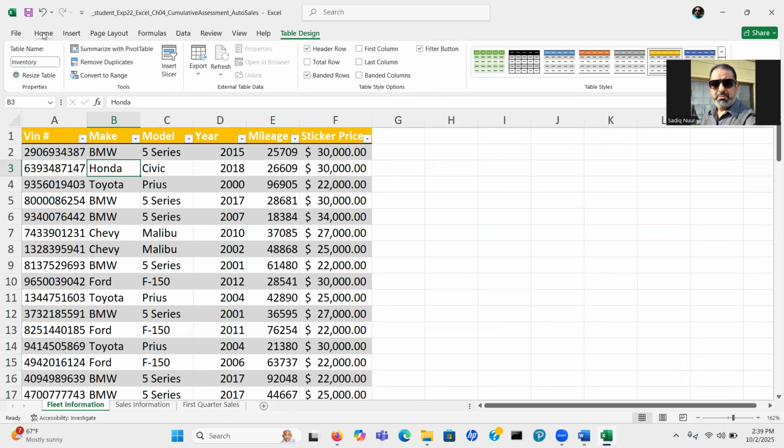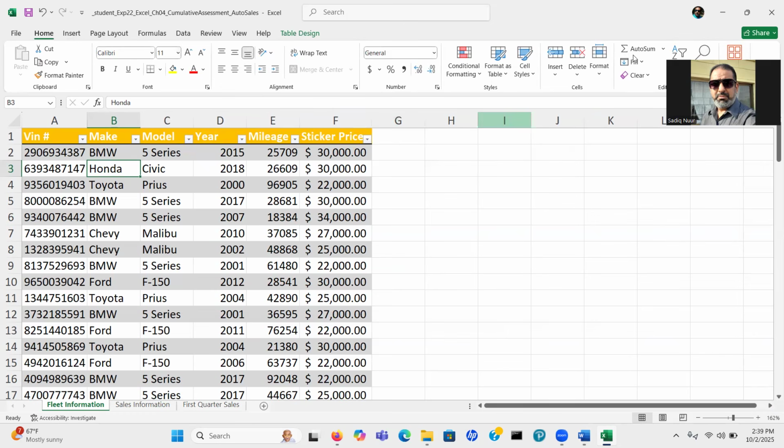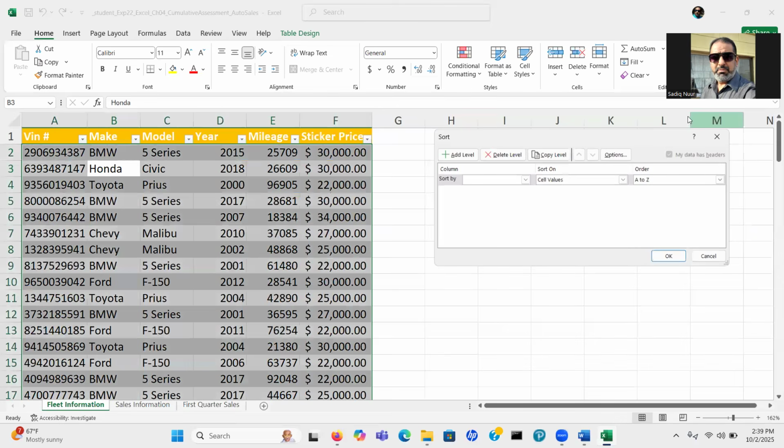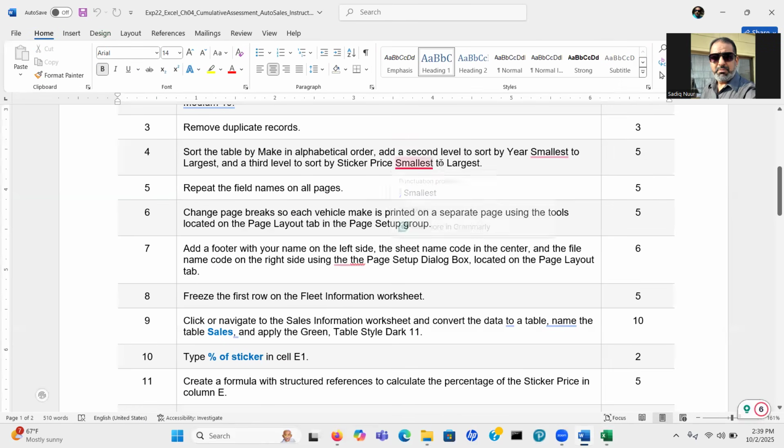To do that, we go back to Home, and in the second last group, Editing, click Sort & Filter, click on Custom Sort. The first one is Make, and we want to sort the values from A to Z. Then add a level, and go back and read what the next level should be. The second level is to be sorted by year.